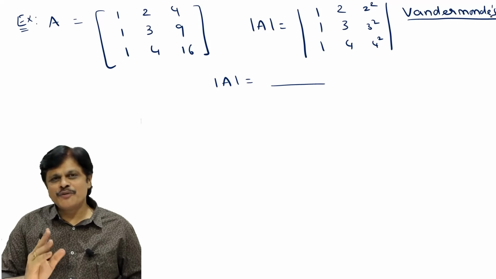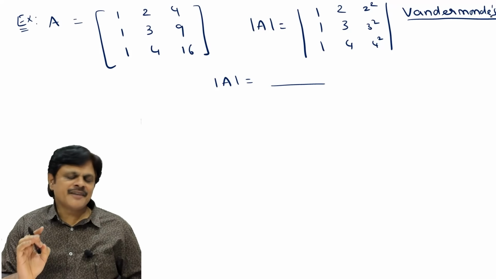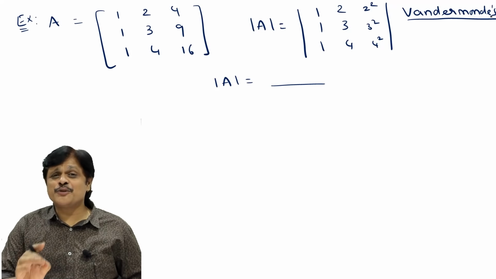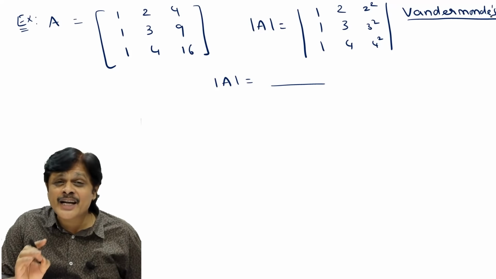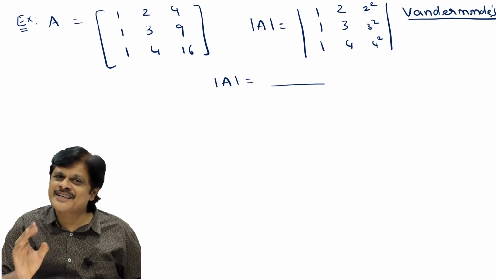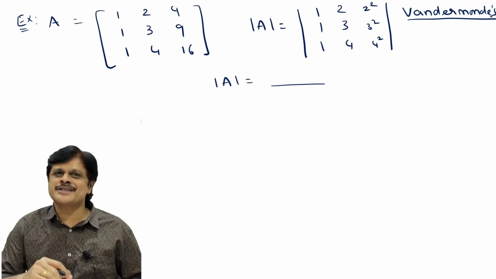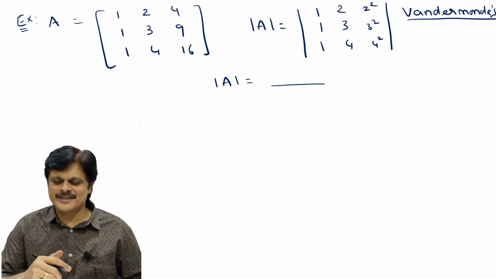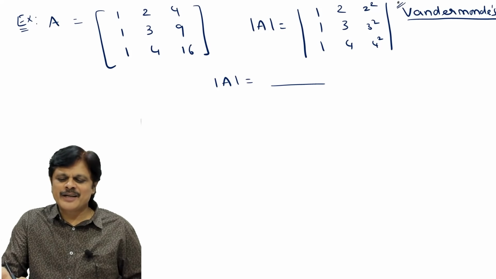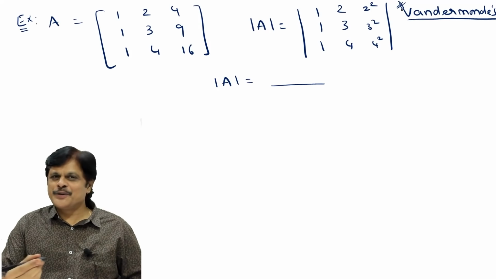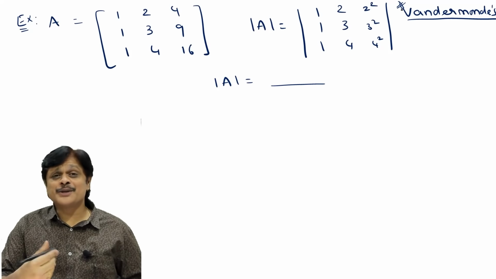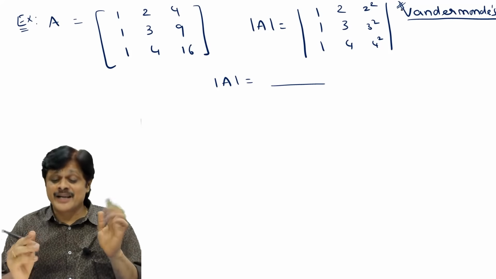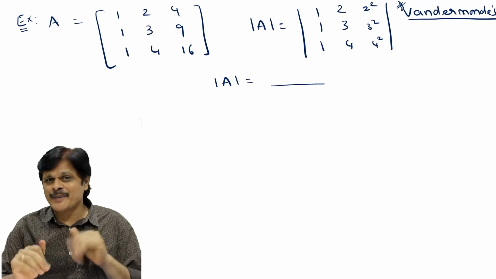So we have a beautiful result. I am writing it for 3 by 3. This can be extended to 4 by 4, 5 by 5, even a 500 by 500 matrix. That is the beauty of this result. I am just giving you a simple result for a 3 by 3 matrix. Some mathematical results we may do only for a simple 3 by 3, but you can extend them to any matrix when it is of this particular format.